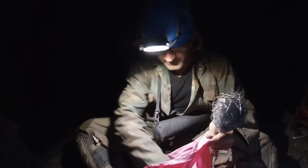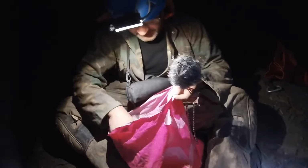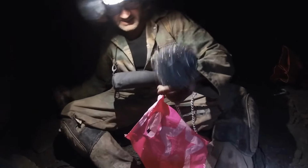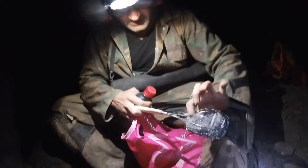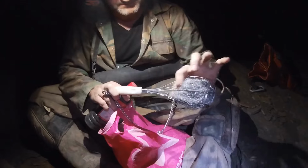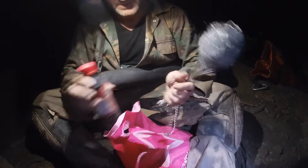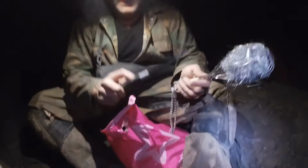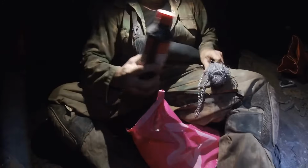Anyway guys, so the last step, lighter. Obviously you will need a lighter. That's the final step. And like I say, if you have the fine grade wire wool, you would place a fair big amount here at the bottom. When you light it up, it would instantly burn. But in this case, we are going to use